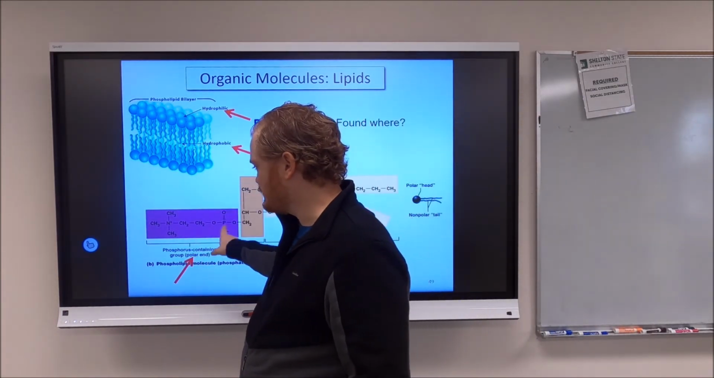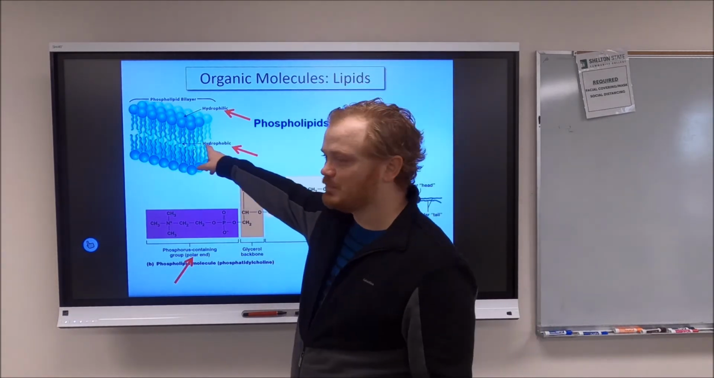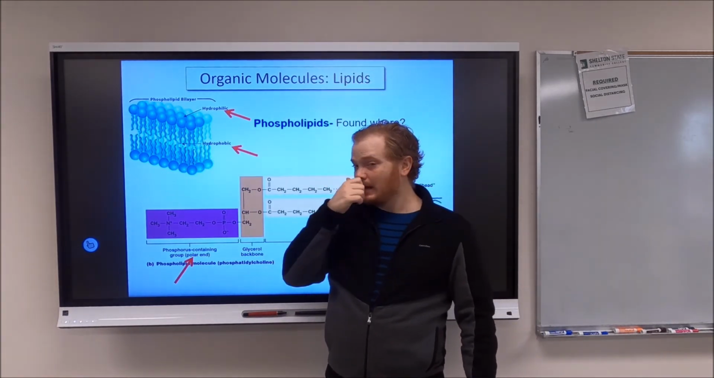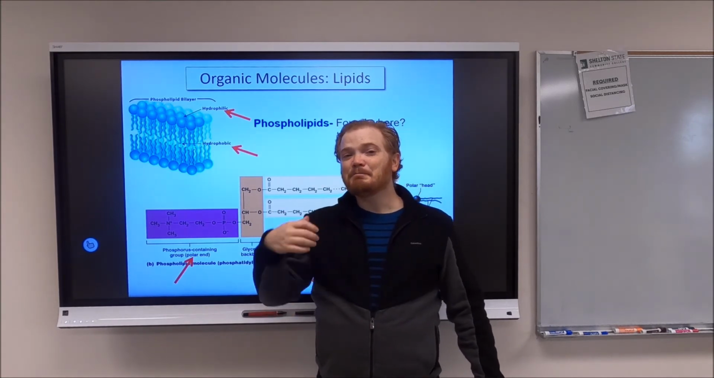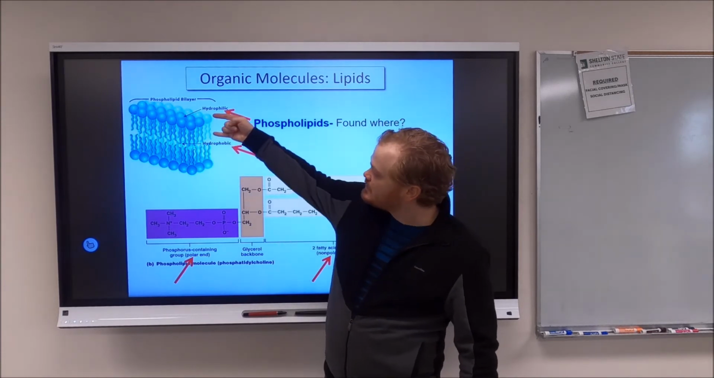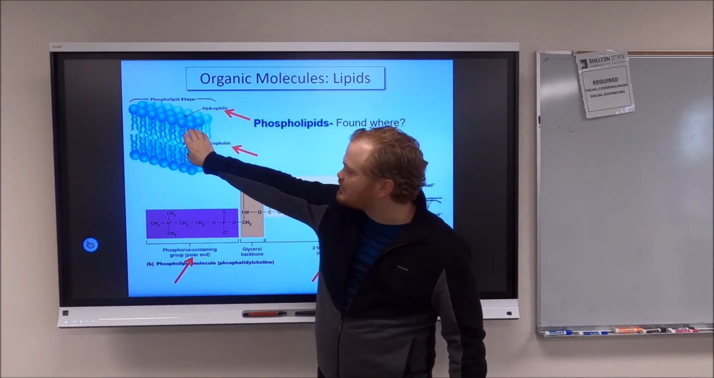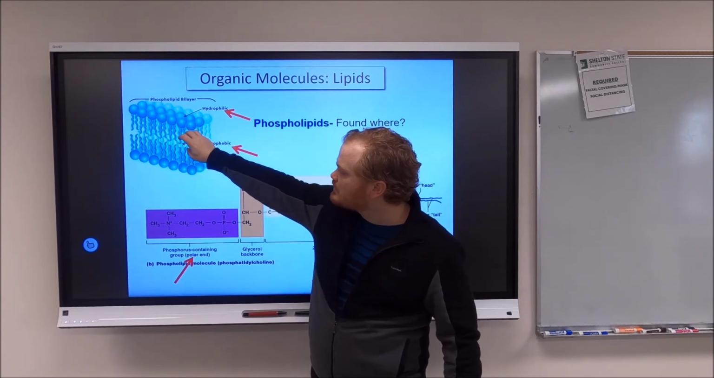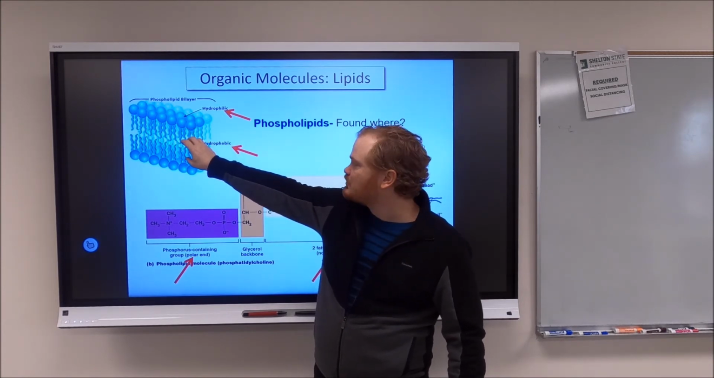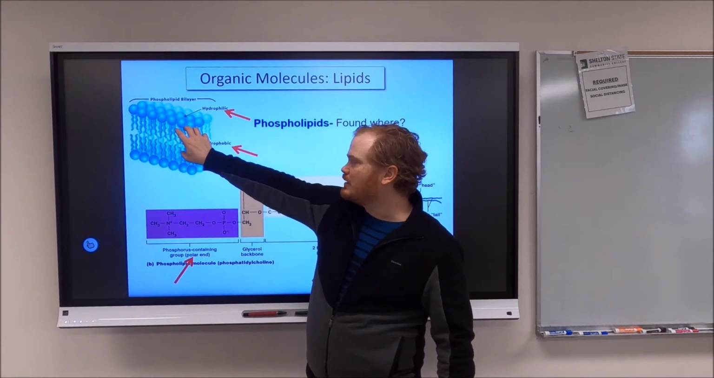And this polar end is capable of binding to water. So, your cell membranes are referred to as being a phospholipid bilayer, right? A phospholipid bilayer. What that means is you have two layers of phospholipids. You've got this hydrophobic tail section where the oily parts, the hydrophobic parts, hydrophobic means water-fearing, the oily parts, the